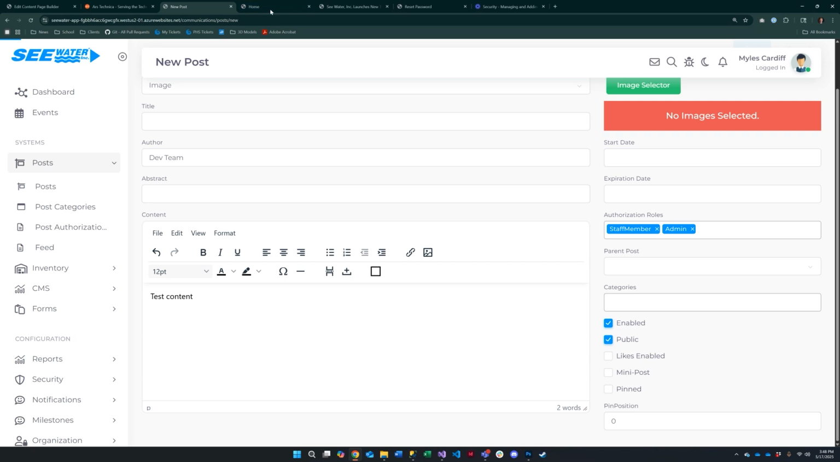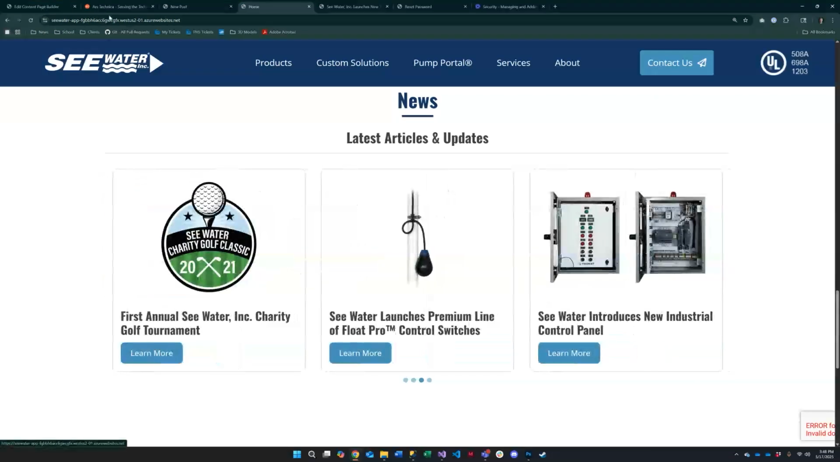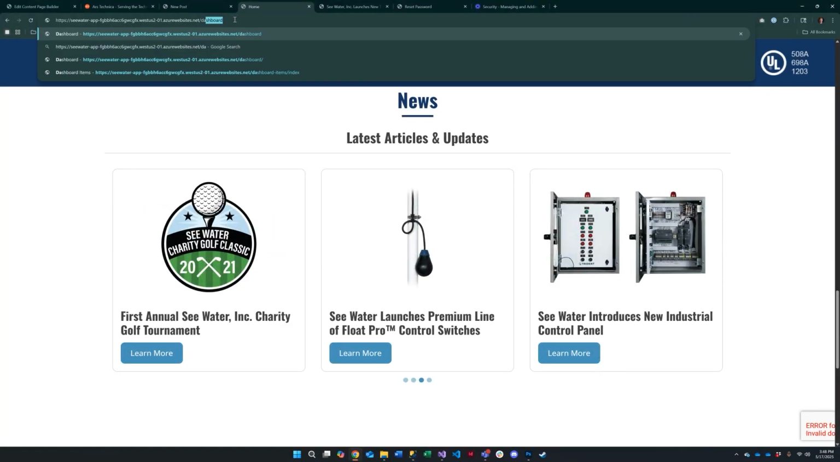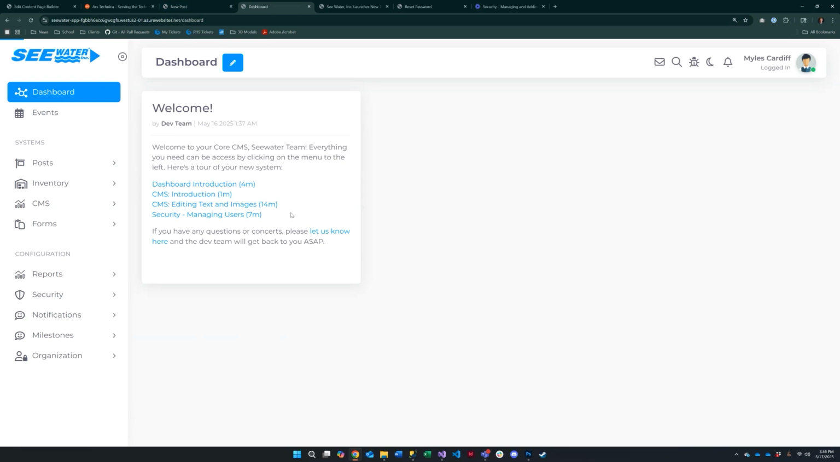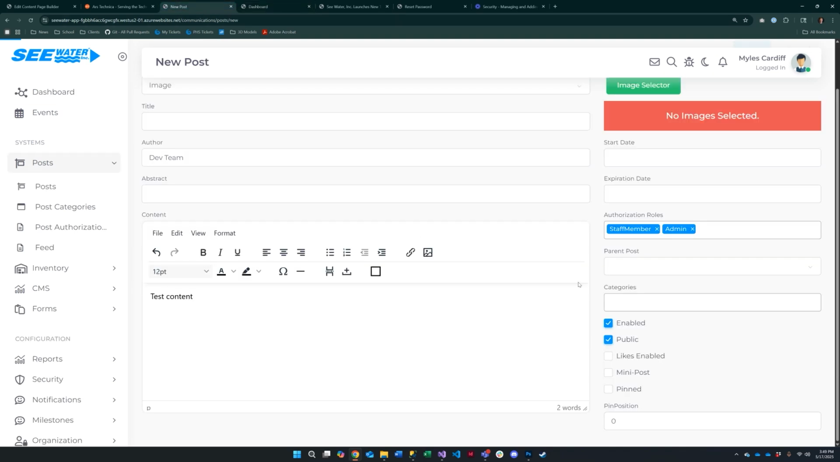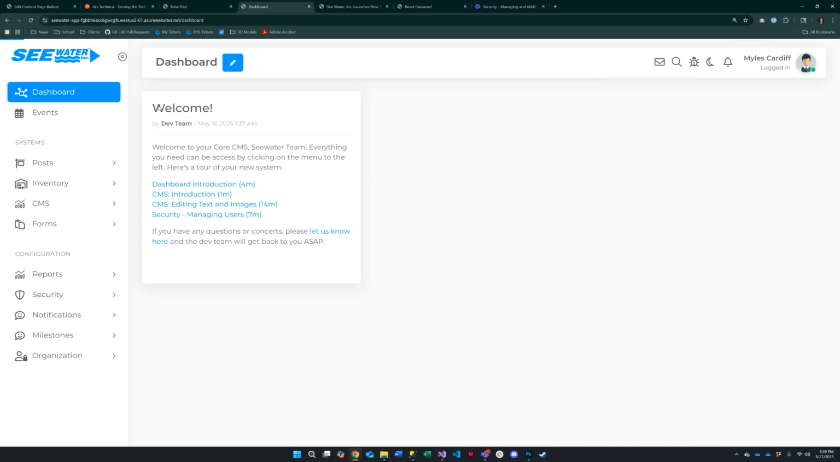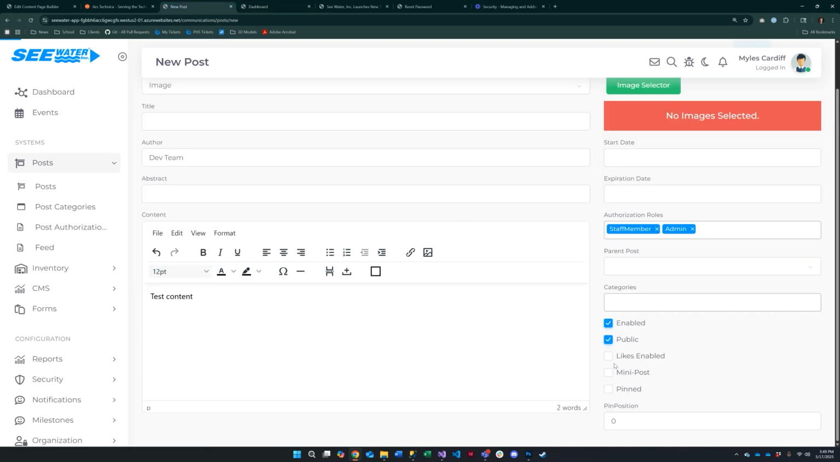Mini post. It doesn't have a read more button. It's just the information on it, and it shows the entirety of the post on the dashboard. If you don't want to have people have to bother to click through and read more, mini post is what you want. If it's longer than it can reasonably fit in one of these little cards here, you just want to leave that unchecked. And then pinned